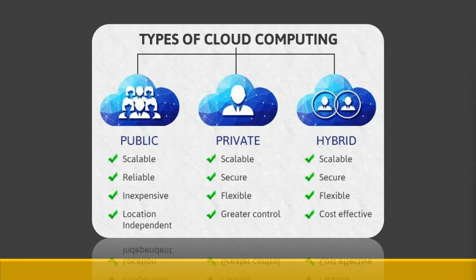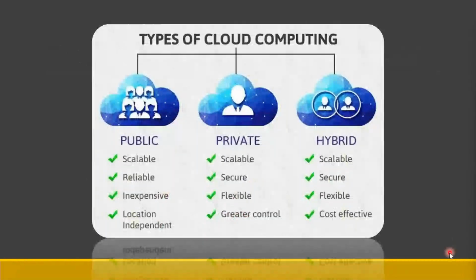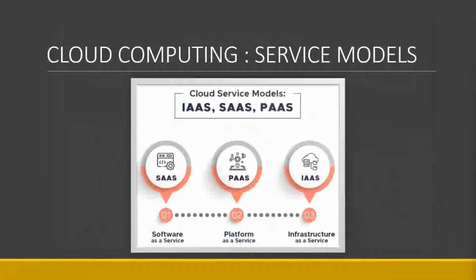Yes, now we have the slide for what is IaaS, SaaS, and PaaS. These are nothing but cloud service models. In the previous slide, we saw the deployment models in the cloud computing system. Here we are going to see the service models. These are something that provide some service. So when we say Azure or AWS, that is a cloud service provider. So what are the services they are providing?